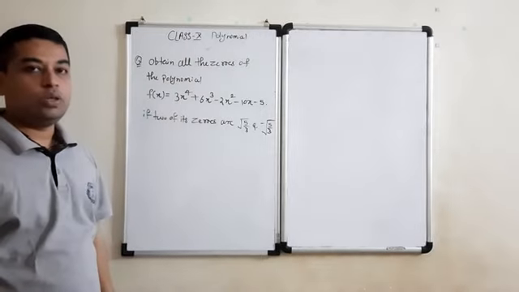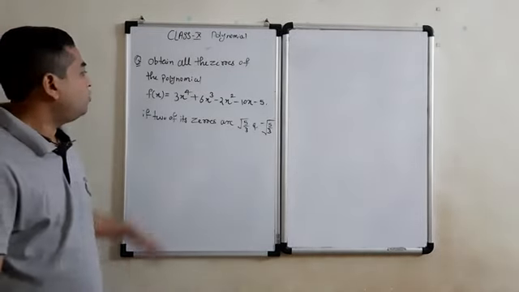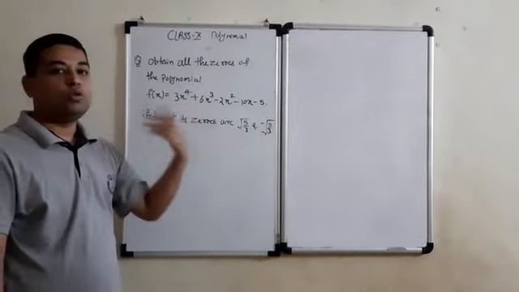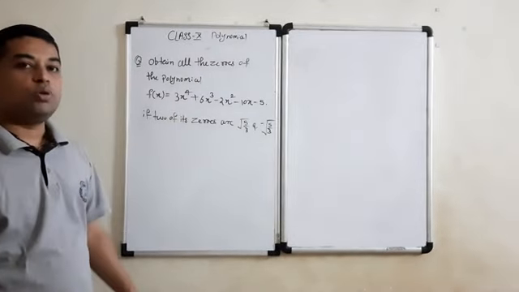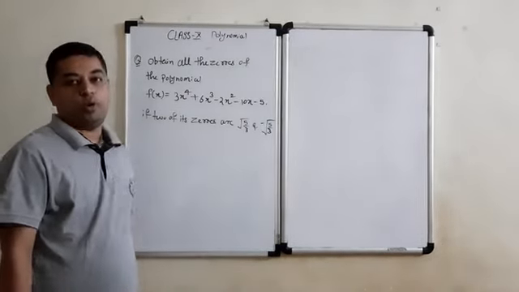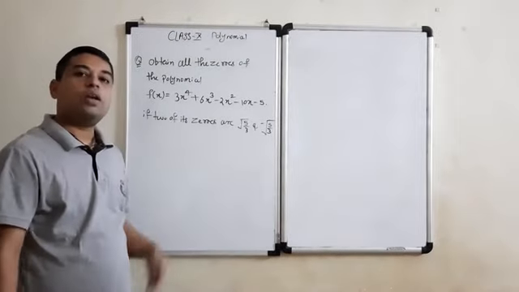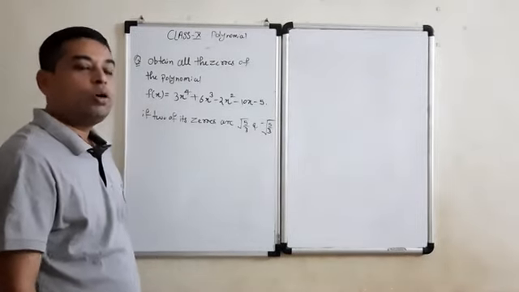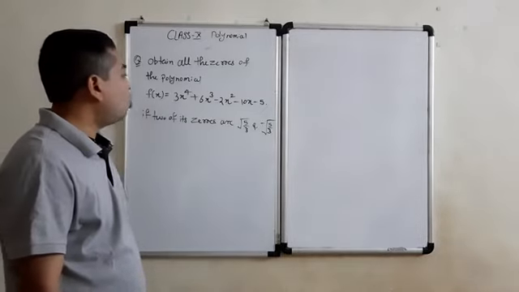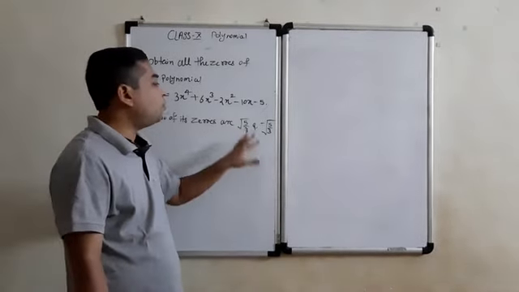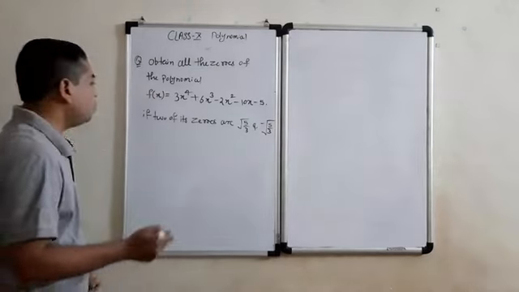out the remaining zeros. So we know that for a degree 4 polynomial, the number of zeros will be 4, because the number of zeros is always equal to the degree of polynomial. Okay, so out of 4, 2 zeros are already given to us and remaining 2 we have to obtain. So how we can obtain? So we can obtain the remaining 2 zeros with the help of given 2 zeros. So what we will do first,